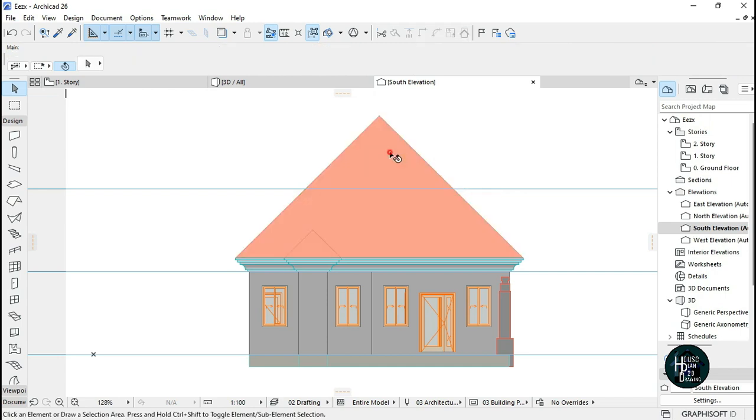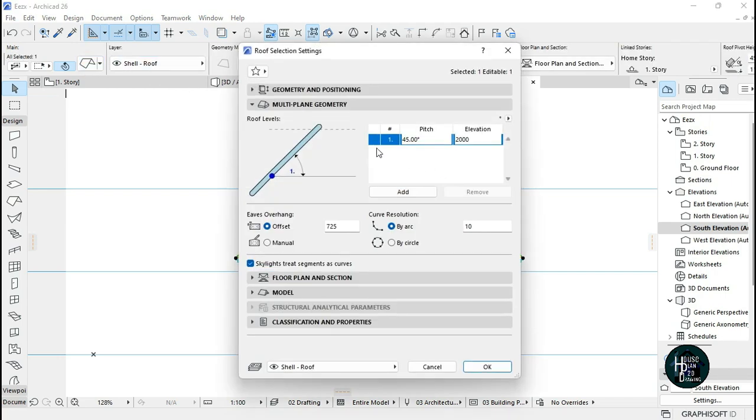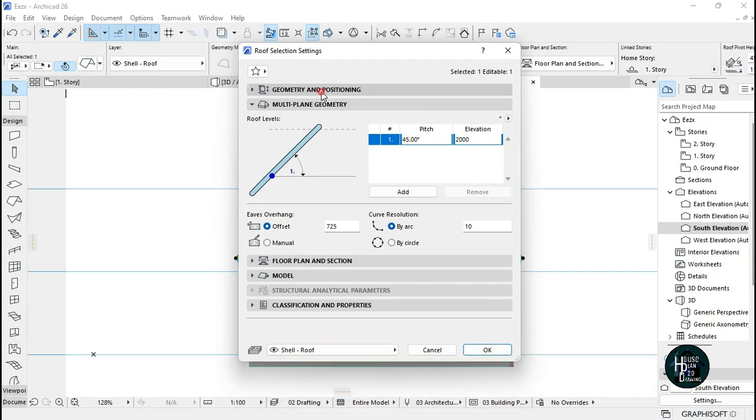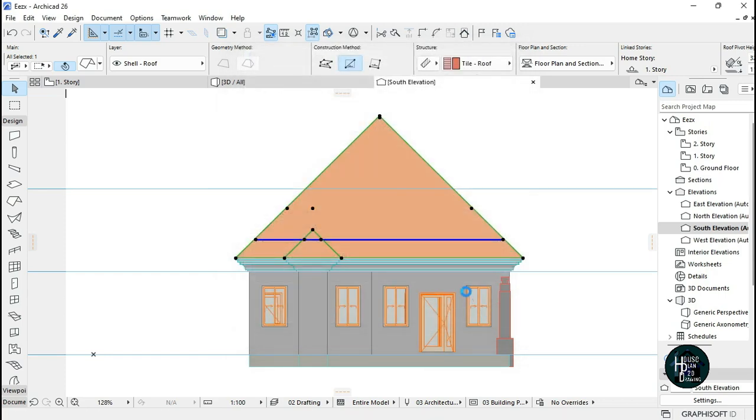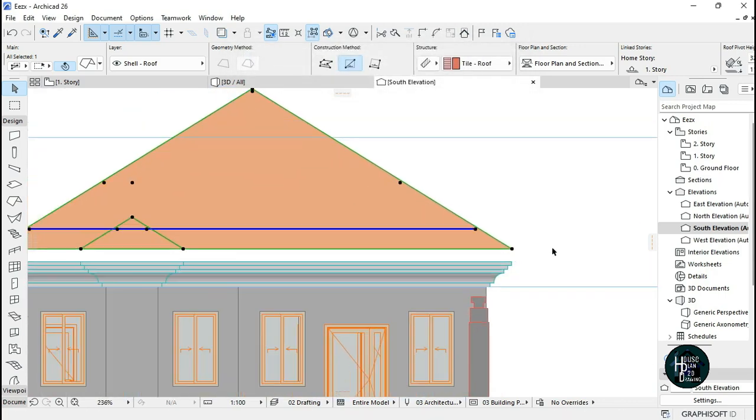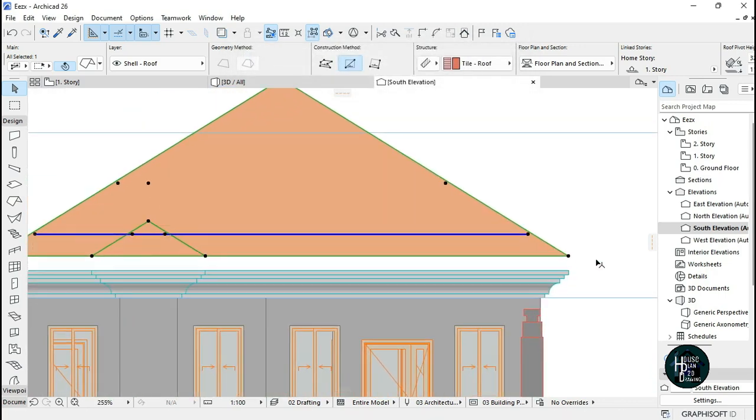Okay, click on the roof, click on the settings dialog. Now click on this geometry and positioning. Now come here and you can change the roof size. I think this roof pitch should be something of, let me see, 32. Then click on OK. So it's just going to come down, but once you change your roof pitch, Archicad roof